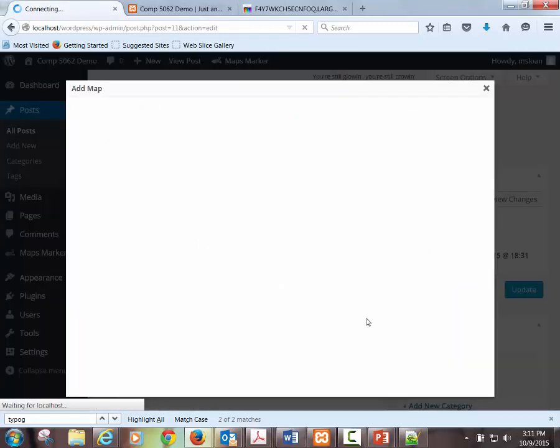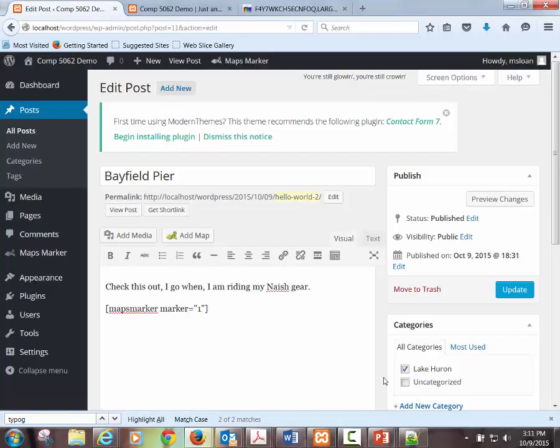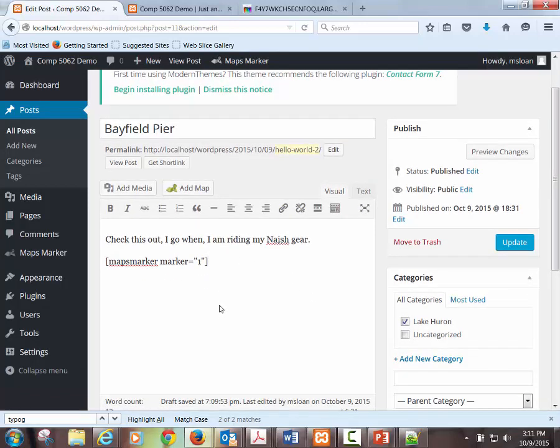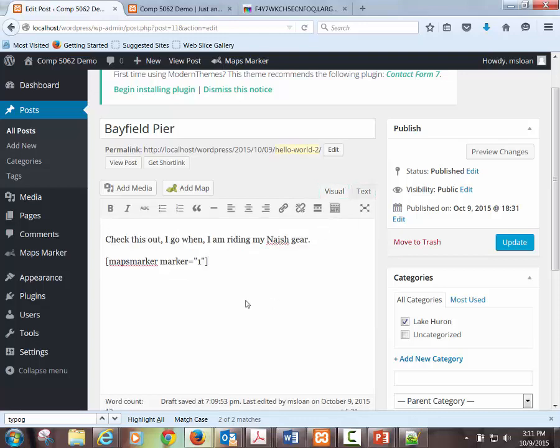So I click Add Map, and then you click Insert Map, and it should be in there. Okay, there it is. So I don't see it. And if I go to text, which is the HTML editing side of my pages and posts, it still looks exactly the same. But if I update it and then view it,